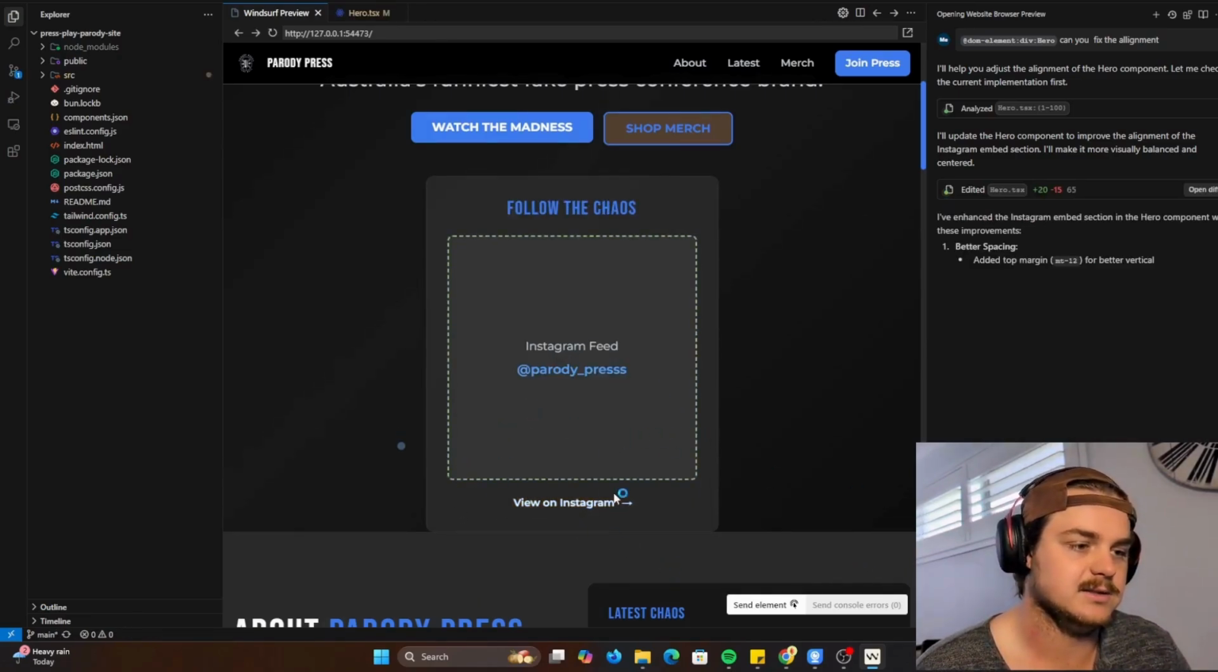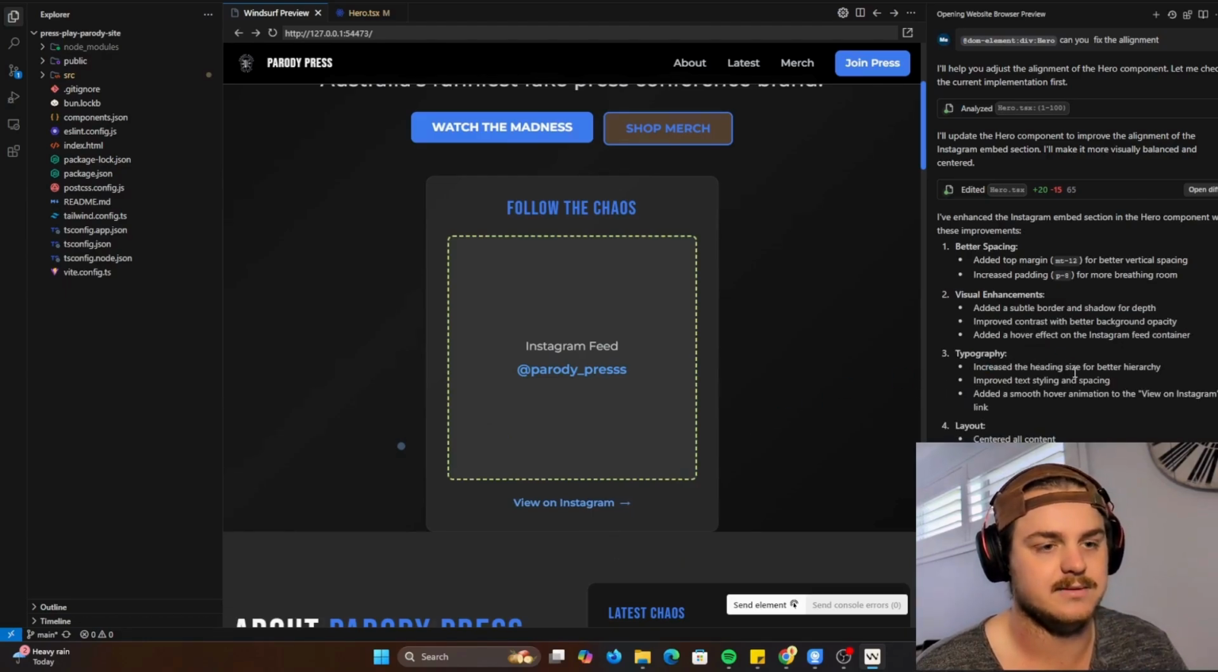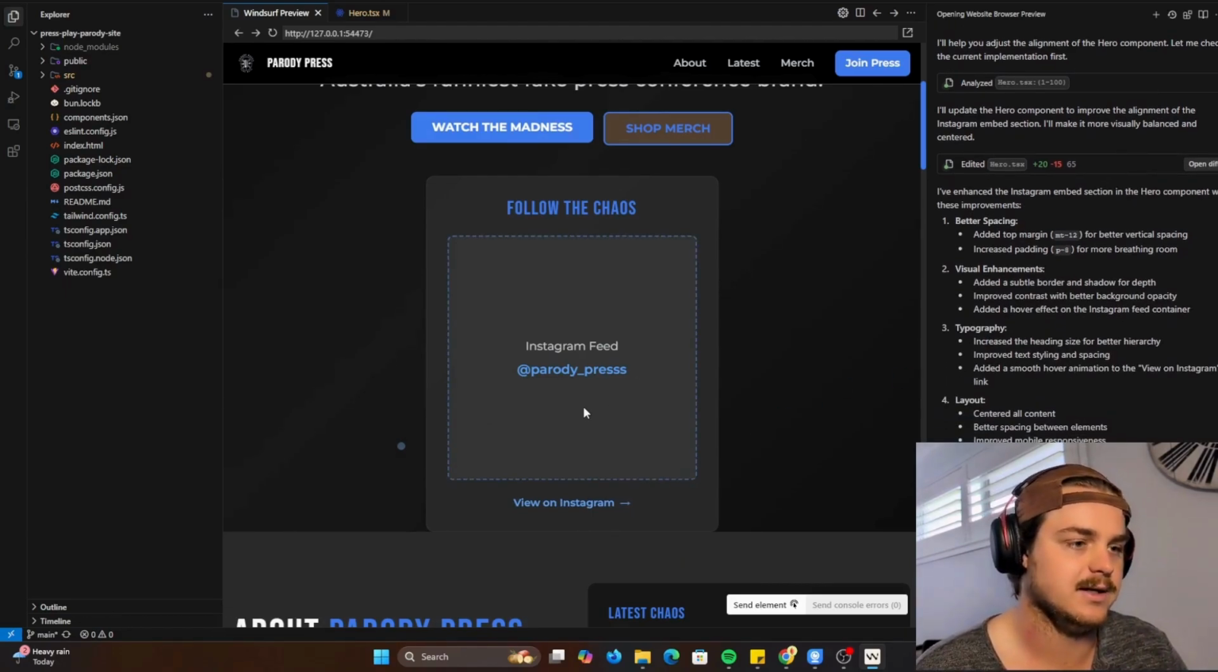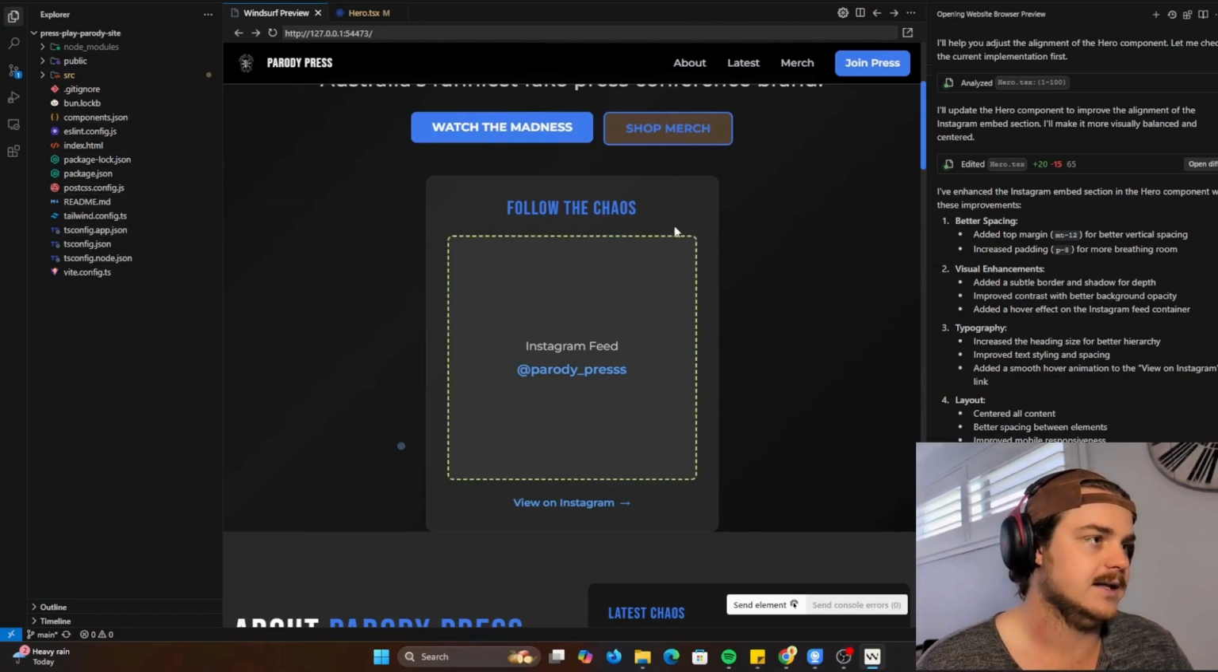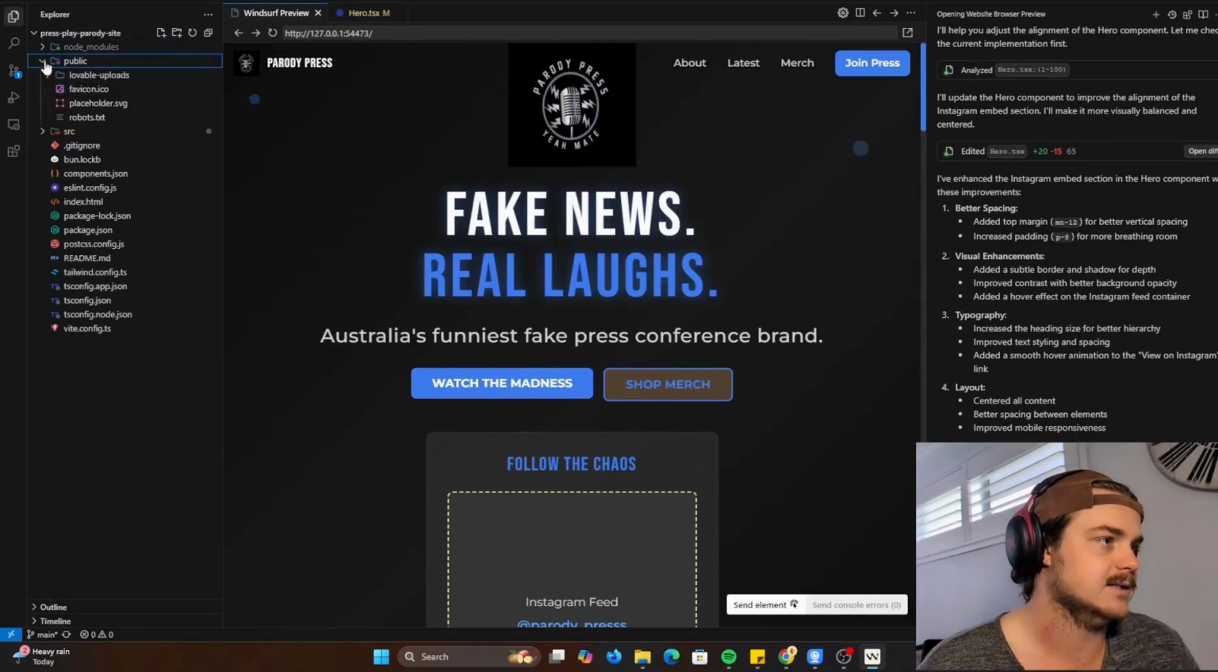It changed it. I don't think it actually did what I wanted, but whatever, because I wasn't very specific. But the point is it changes this, and then you can accept the changes or you can reject them and go back to the code that you had. And the great thing is it is just a coding IDE. So if you wanted to go and change something like